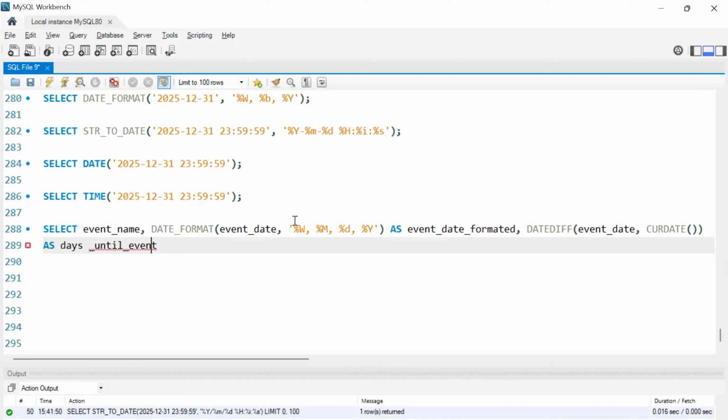Okay, I am naming it as days until event, then from events table,